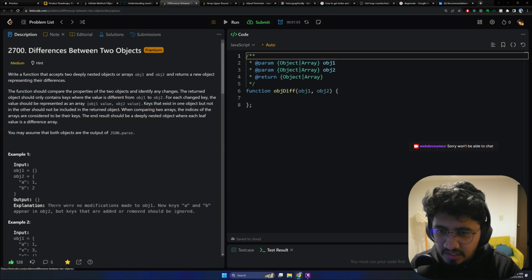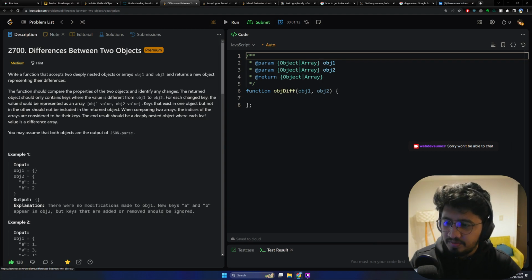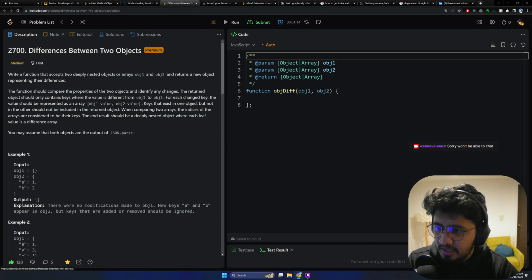For each changed key, the value should be represented as an array: object 1 value, object 2 value. Keys that exist